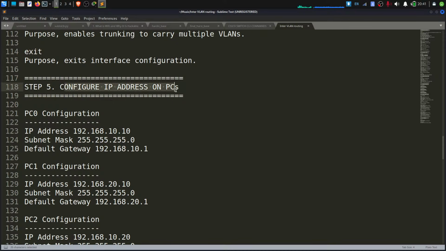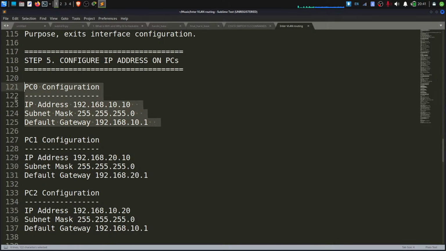Then we'll configure the IP addresses of the systems, PC0, PC1. Now we'll also assign the default gateway here. Okay, so default gateway, one guy says,